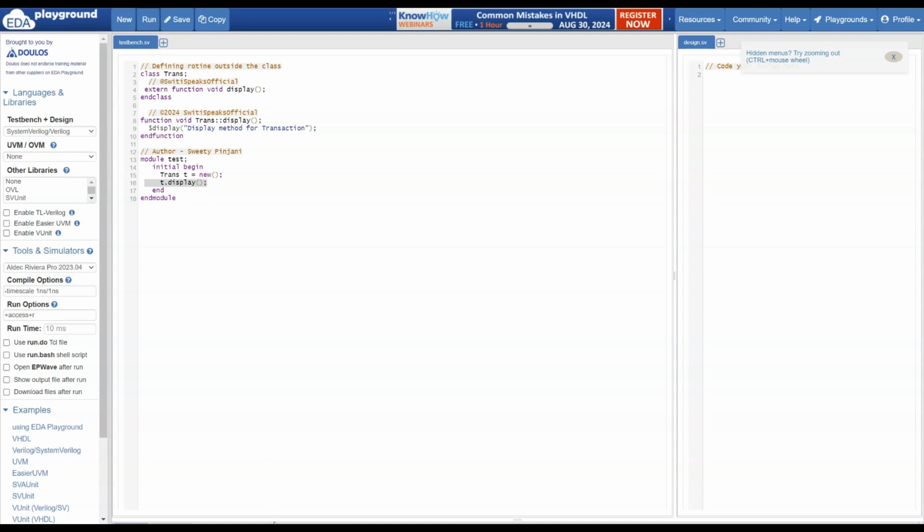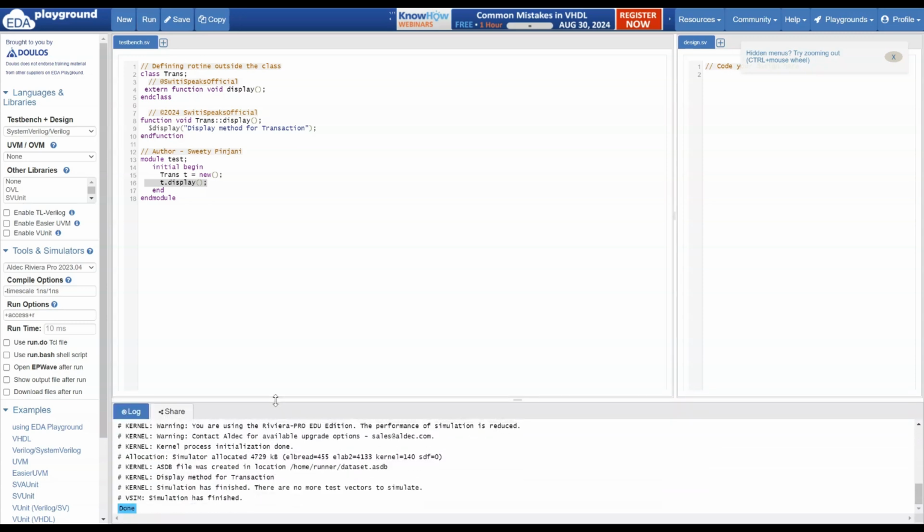Now let me run, and then we will see if we are able to see the display method. If we are able to see it, it means we have successfully completed. See here, see carefully: display method for transaction. It means I am successfully able to define my routine outside the class. Now see, this is a very simple example I have taken to clarify your concept.